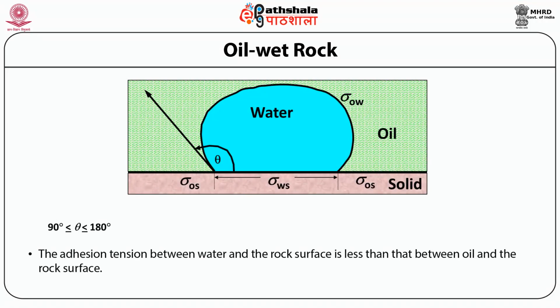Now let us discuss oil wet rock. This slide shows the wettability of rock surface with oil. Here, the surface contact angle is greater than 90 degree. Hence, oil will wet the rock surface. In this case, the adhesion between the oil and the rock is stronger than the adhesion between the rock surface and